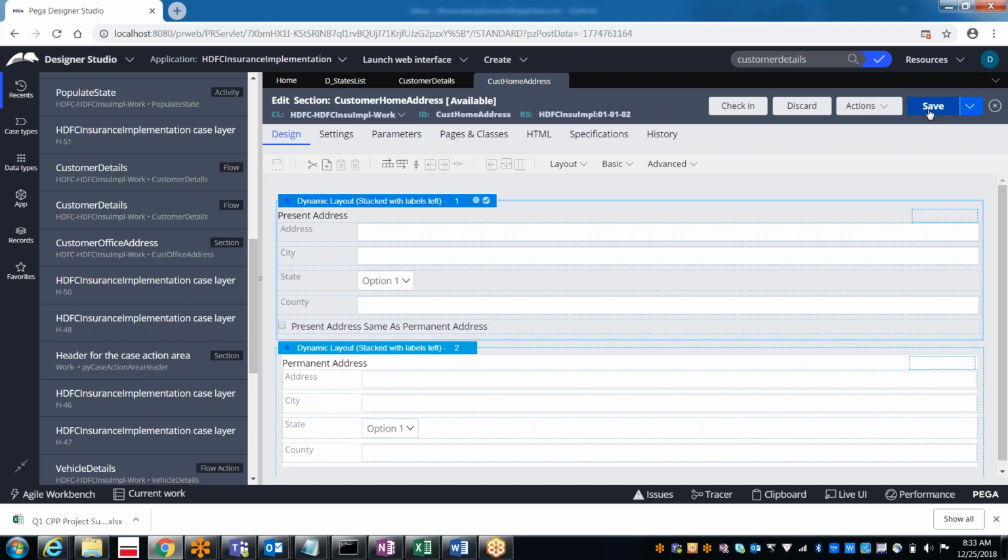The tracer gives step-by-step execution of the work object processing. It will give the complete steps, whether it is an activity, a flow, a section, a flow action, or a when rule. Any rule, we can trace it: the sequence when the work object is processed from beginning to end.